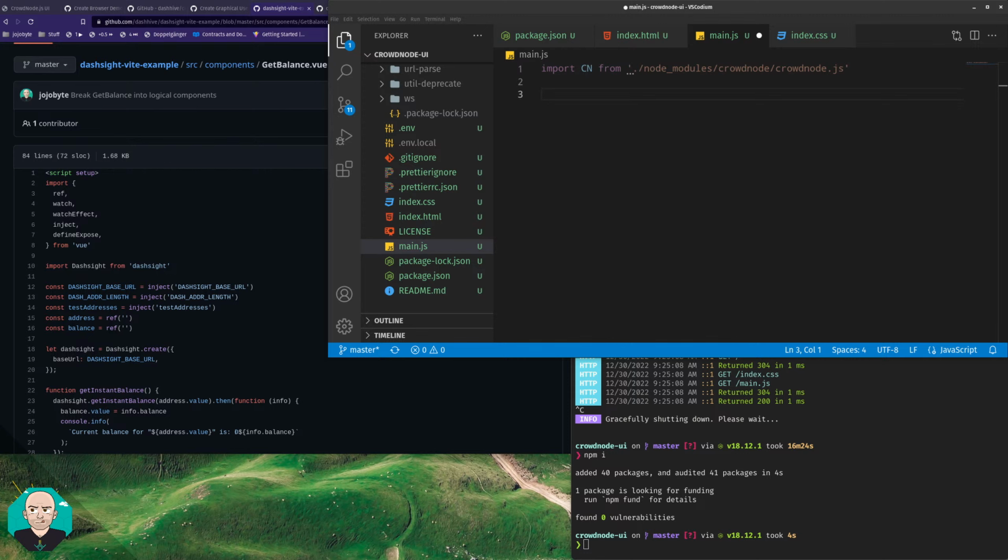Ah, that's right. I had done some work inside one of the projects to at least get CrowdNode working a little bit. So I might be able to reuse some code from the Vite one I made. And I had done CrowdNode actually like this in Vite, but I don't believe that's going to work right here. But I might need to do import. Let's do this. And then,